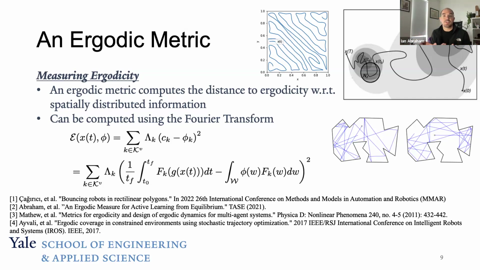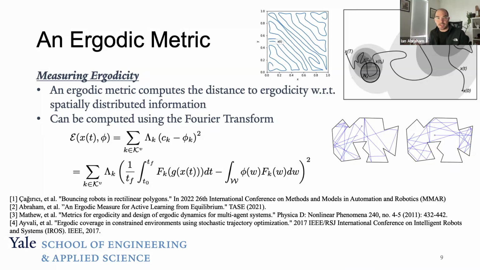And I'm going to say, okay, measure the distance between that, the trajectory that we're generating. And we're going to assume our robot's trajectory is a delta function. It's nice because we actually get a nice clean representation of it in the Fourier space. And we compare the Fourier modes of that time. This is what we're calling the time average trajectory statistic. That's where it's generating and comparing the modes of where it's visiting on average to where it should be